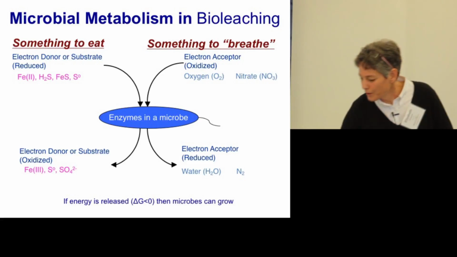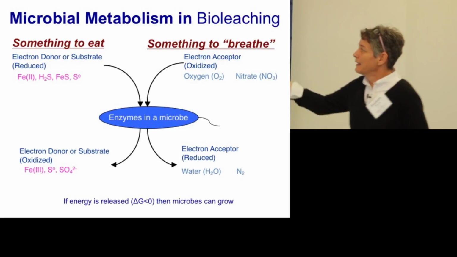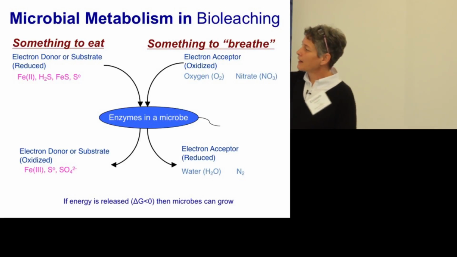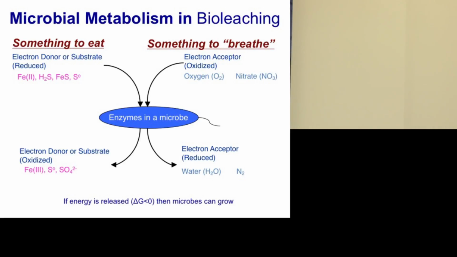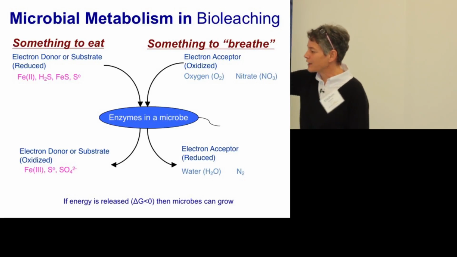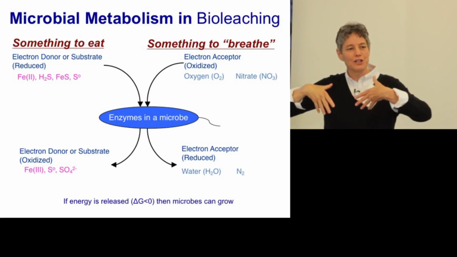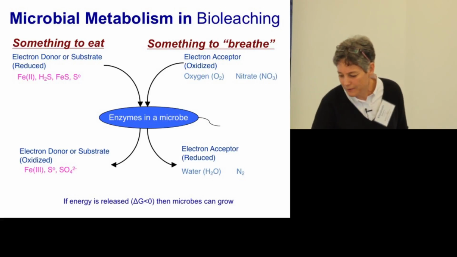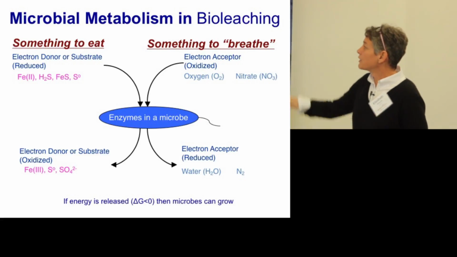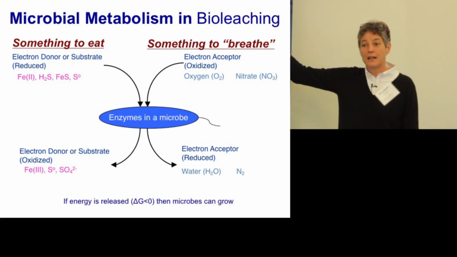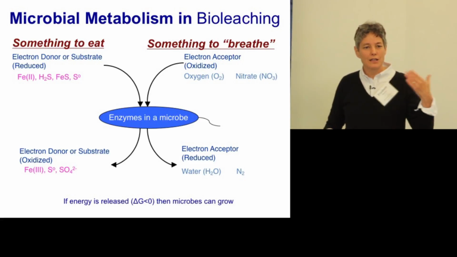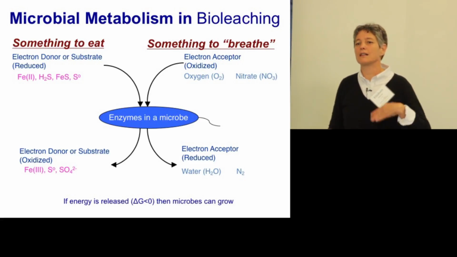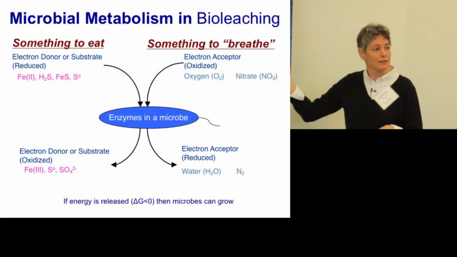So again, the whole concept here in the leaching side of things is these organisms use reduced compounds like H2S or iron or ferrous iron, elemental sulfur as the electron donors, okay, and oxidized as electron acceptors, okay, and so there's enough energy there, and that's what drives the metabolism. You can even figure out that nitrate can be an oxidant for iron oxidation, and there are organisms that can oxidize sulfur and oxidize iron with nitrate as electron acceptor.